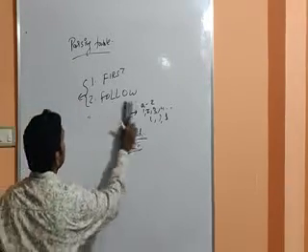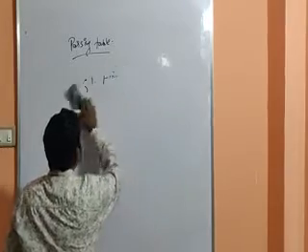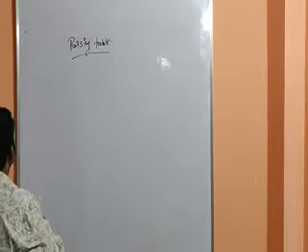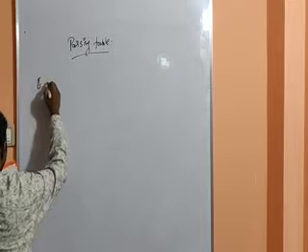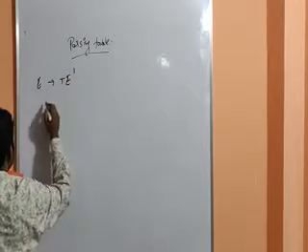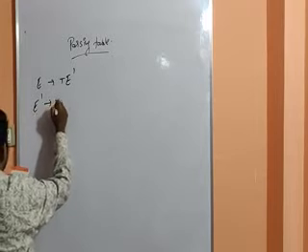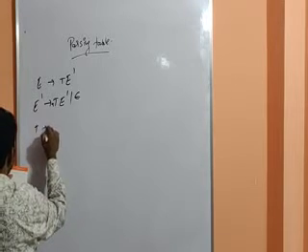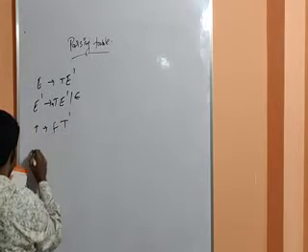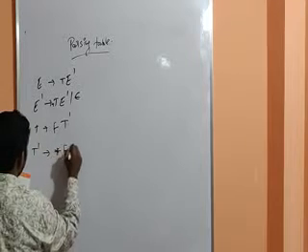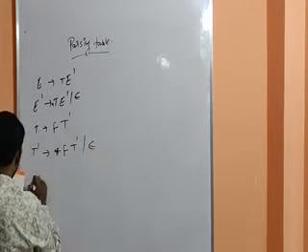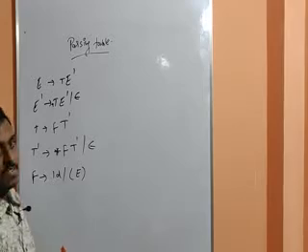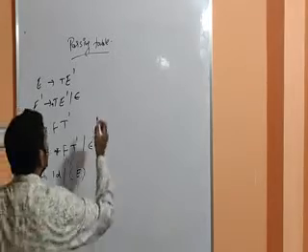So let's take an example, and now let us construct the parsing table for a given grammar. So I will take a grammar. E gives rise to T E dash. E dash gives rise to plus T E dash or epsilon. T gives rise to F T dash. T dash gives rise to star F T dash or epsilon. F gives rise to ID or open brace E close brace. So this is the grammar given to us. First find out the first and follow of the given grammar.